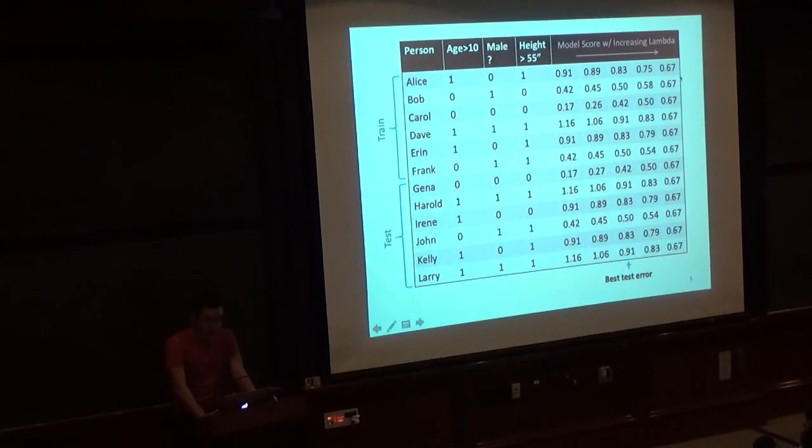And as lambda increases, we basically predict the average. On average, 2/3 of the people have height above 55 inches, at least in the training set. So W goes to 0, and we're just going to predict a single average. It's easy to derive that if W is forced to be 0, the b, the bias term, that minimizes squared loss is the average. That's an easy exercise.